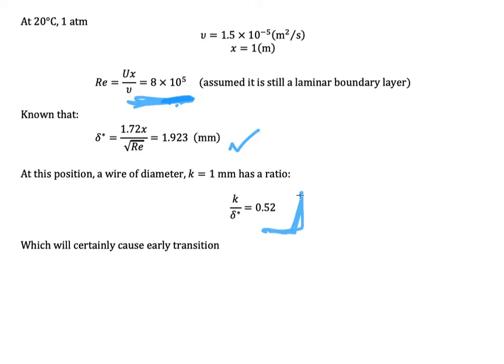First we need to calculate the ratio k over delta star. It is okay for us not to use meters because we are calculating a ratio. If both parameters use millimeters, you can just divide 1 over 1.923, and you get a ratio of 0.52, which will certainly cause early transition. So this idea is actually based on